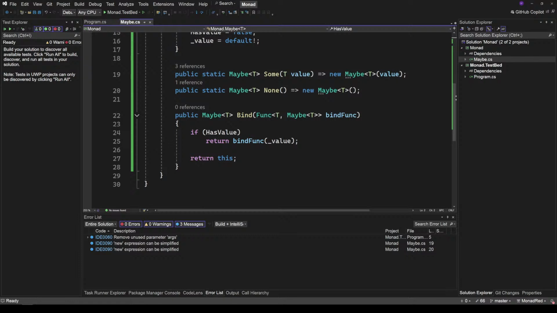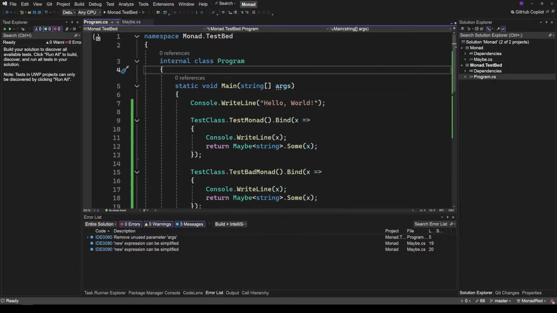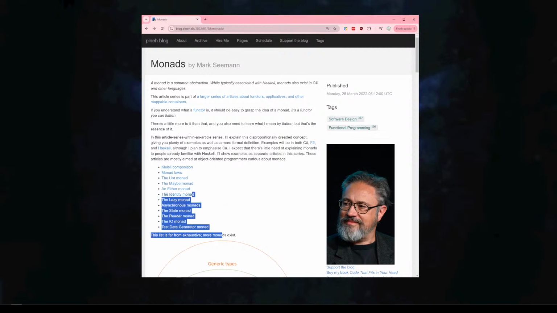Now, there's a lot more to a Maybe monad than this, but these are the basic essentials that you should be able to bind and do something. There's also a lot more functionality. I suggest you go and read every one of these from Mark Seemann on his blog, blog.ploeh.dk, and learn about what monads are, and possibly even download our